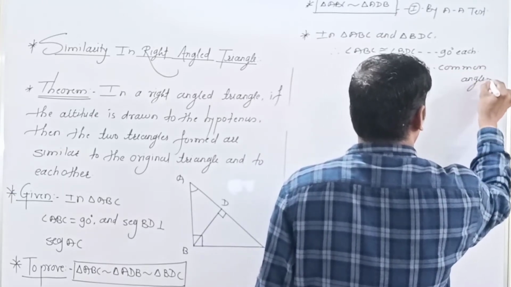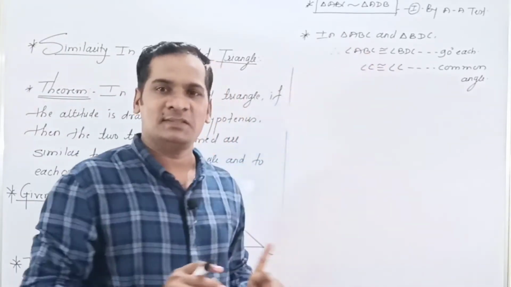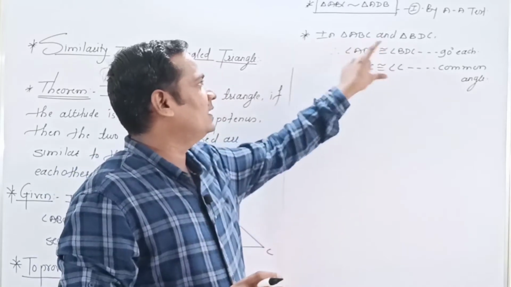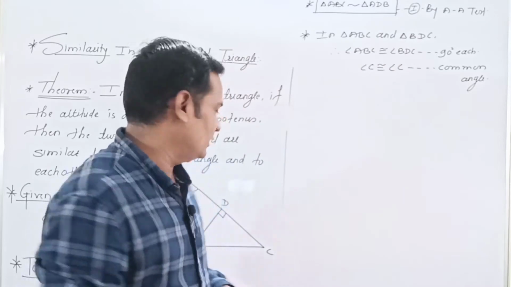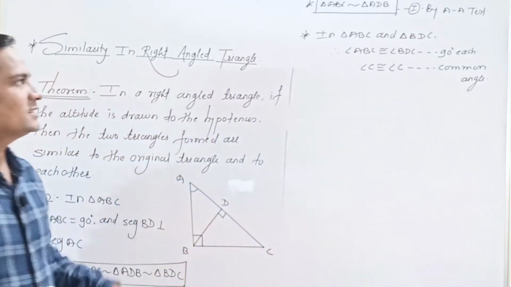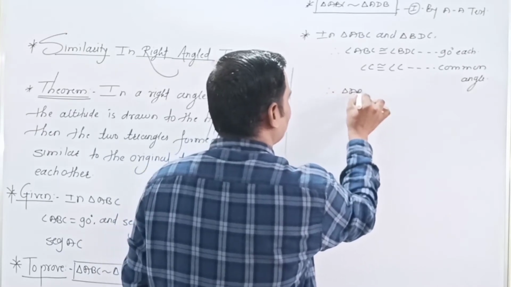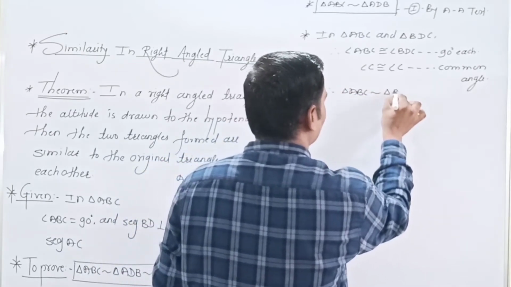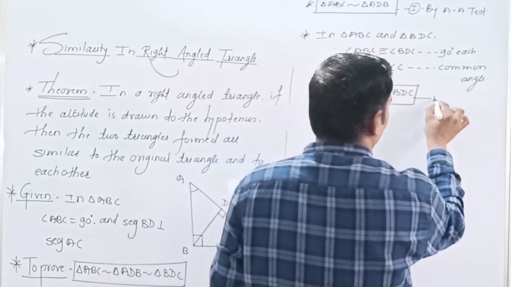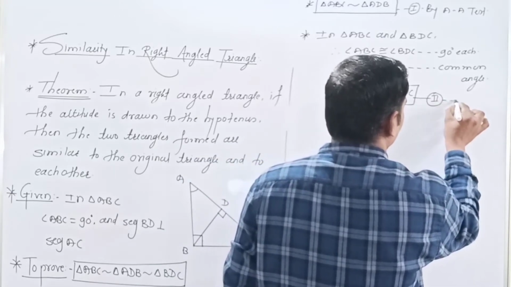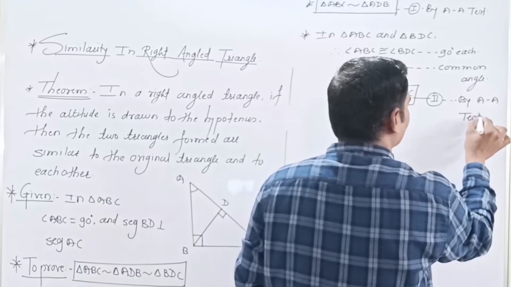Okay, we have two angles now. In one-to-one correspondence between the vertices of two triangles, if any two angles of the first triangle are congruent with the corresponding angles of the second triangle, then those triangles are similar by the angle test. Therefore, triangle ABC is similar to triangle BDC. Okay, equation number 2, and that reason is the same: by the angle test.